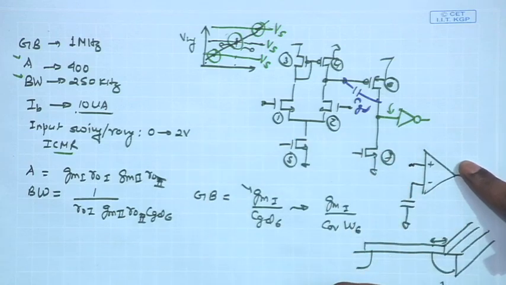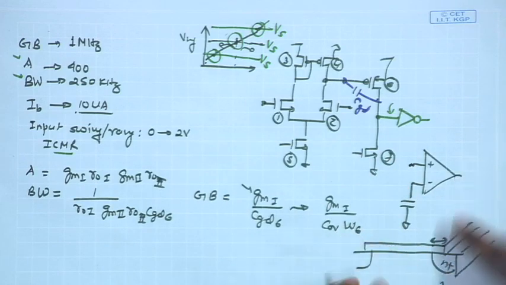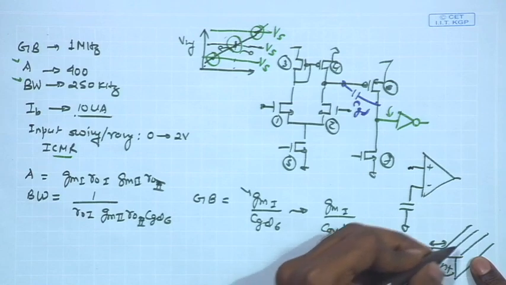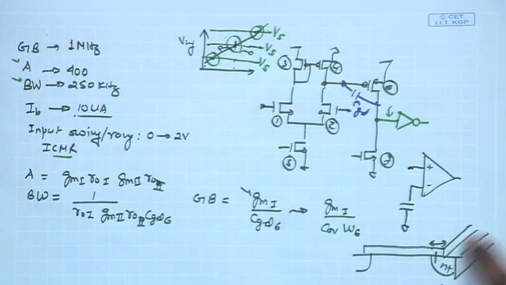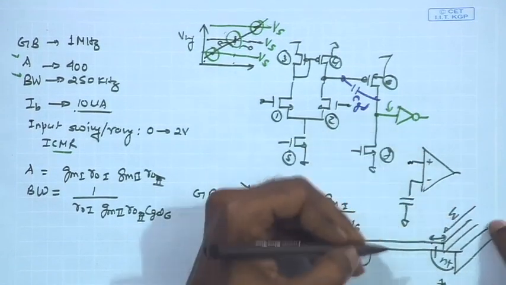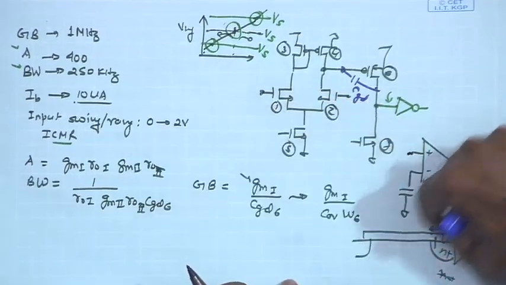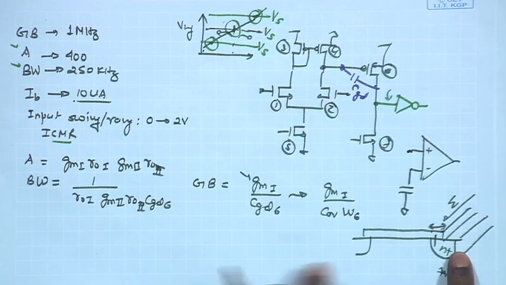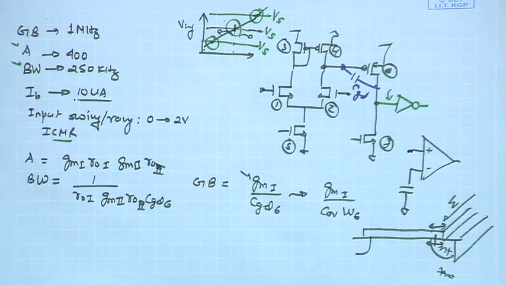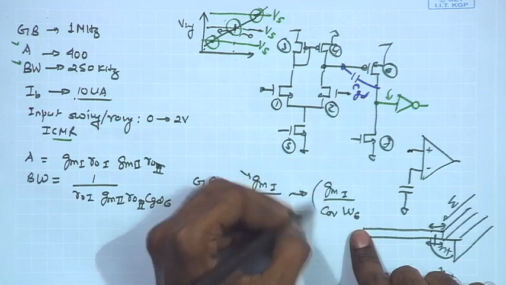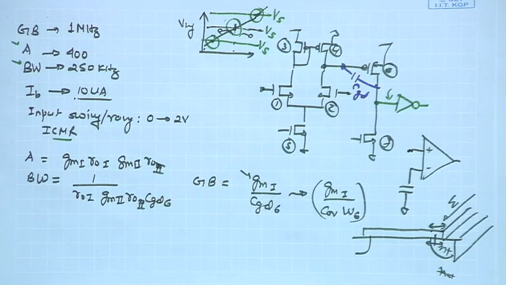The magnitude of the effective capacitance which arises because of this overlap is going to be proportional to the W. So, larger is the W, larger is the effective area of this overlap. So, it is not so much dependent upon L, it is dependent upon the C overlap, which is a technology parameter, and the W. So, we can say that this is going to be the dependency of the gain bandwidth product,